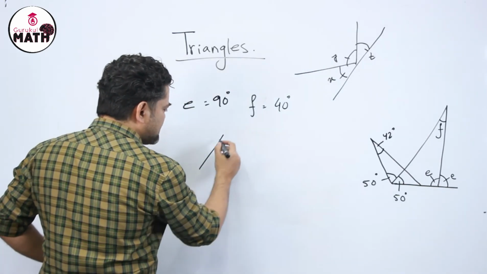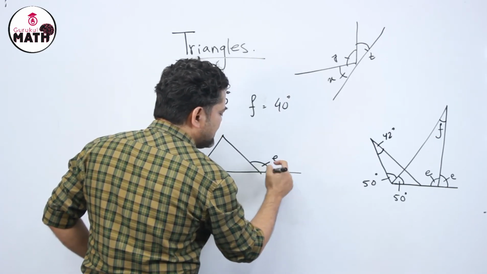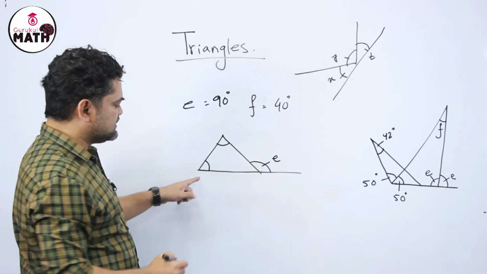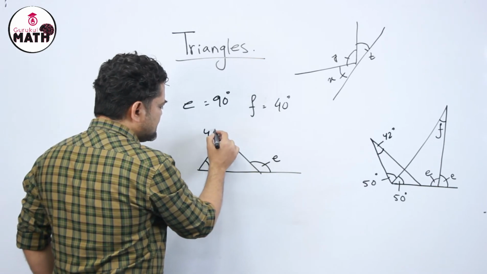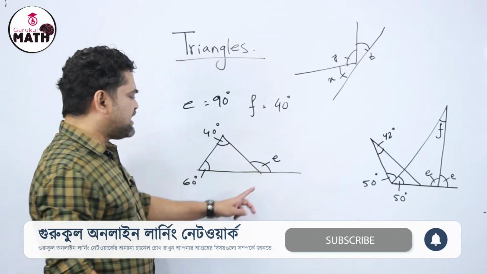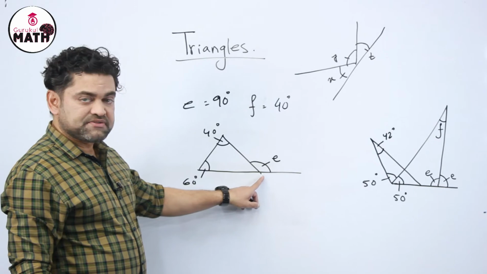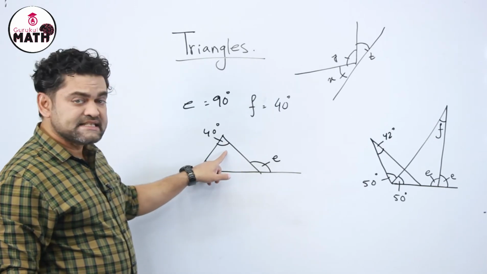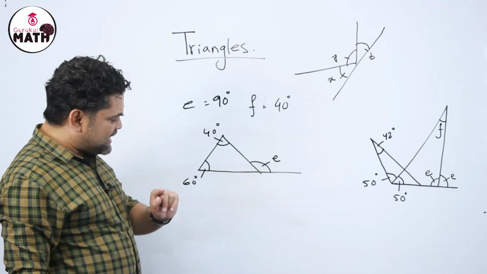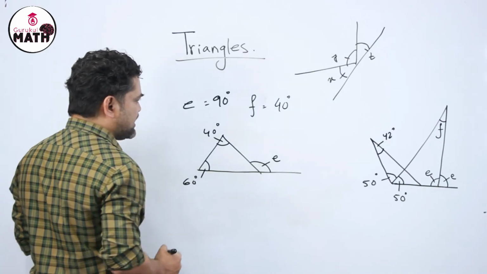So if I draw a triangle with adjacent lines, if I name one angle E, and if we write here these two angles, suppose this is 40 degrees and suppose this is 60 degrees, then I will ask you to find E. So this is the exterior angle of a triangle, and these two angles, 40 and 60 degrees, are two interior opposite angles of a triangle. So if I know another logic, I can say that the sum of the exterior angle of a triangle,